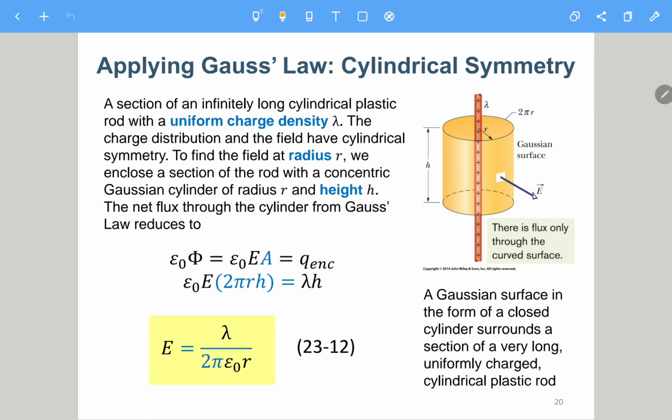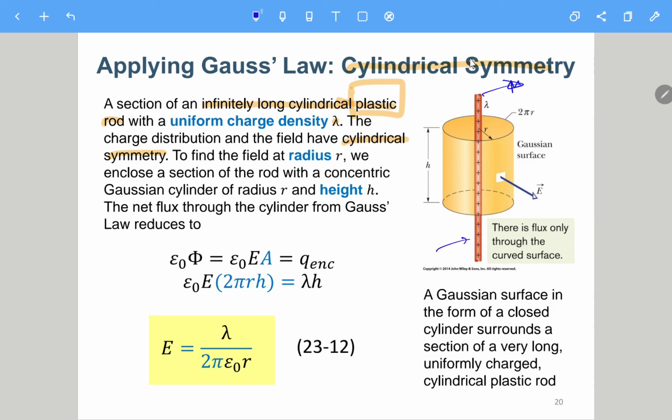So here we try to apply the Gauss law for the cylindrical symmetry. Here we have a very long, infinitely long wire. It is a section of an infinitely long cylindrical plastic rod. Plastic means non-conductor. It has a uniform charge density lambda. So the charge distribution and the field have a cylindrical symmetry. So actually, all the E field should point along the radial direction, and this is a positive charge, so pointing